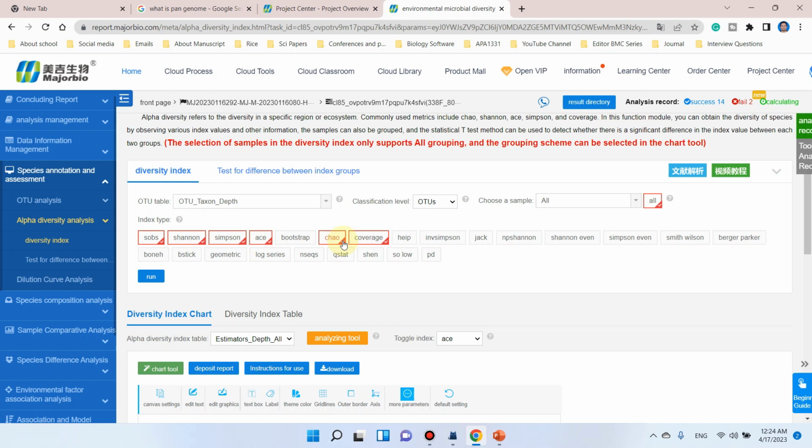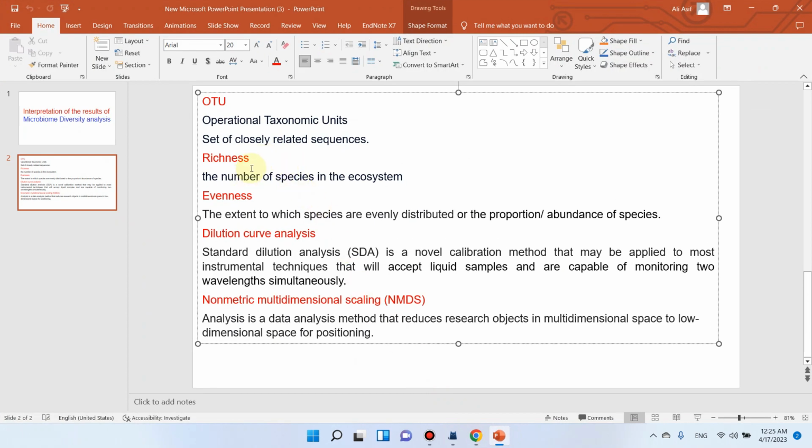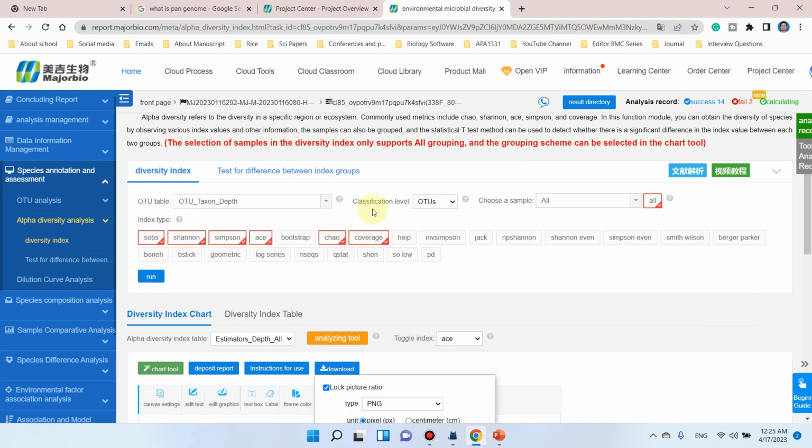We should know which type of indexes these are. These are the alpha diversity indexes. Here the most famous ones are the Shannon alpha diversity index and the Simpson alpha diversity index. All other alpha diversity indexes are based on relative abundance. Here I can show you the detail. You can see that the Shannon index is based on richness, and the second one, the Simpson index, is based on